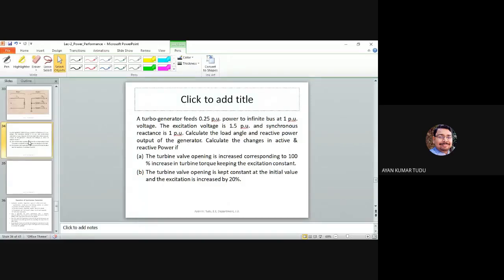As you can see, what is written: a turbo generator is feeding, and a turbo generator means a cylindrical rotor synchronous generator. Please remember the names. If I say a hydro generator, it is a salient pole synchronous generator. Please remember the terms. A turbo generator feeds 0.25 per unit power to an infinite bus at 1 per unit voltage. The excitation voltage is 1.5 per unit and the synchronous reactance is given as 1 per unit. Calculate the load angle and reactive power output of the generator first, and second, calculate the changes in active and reactive